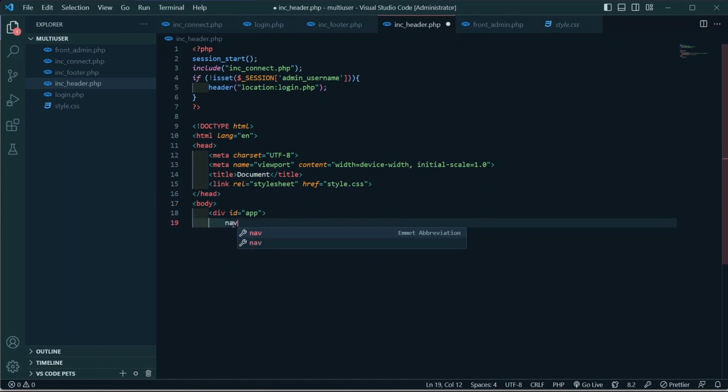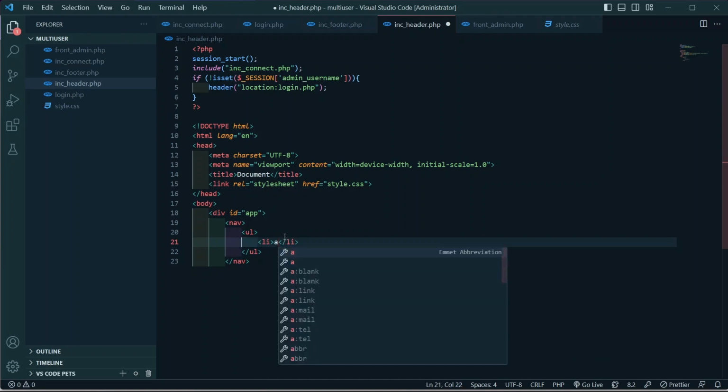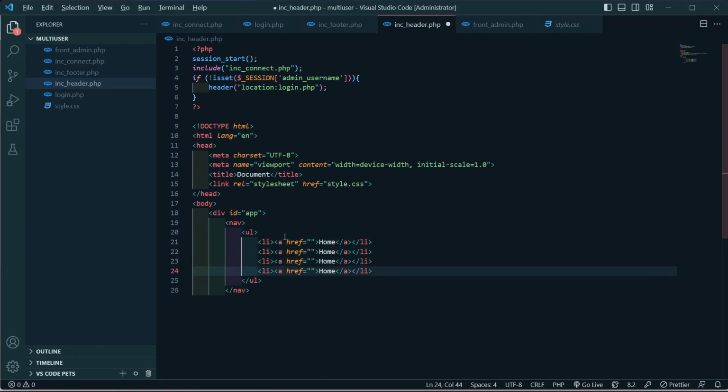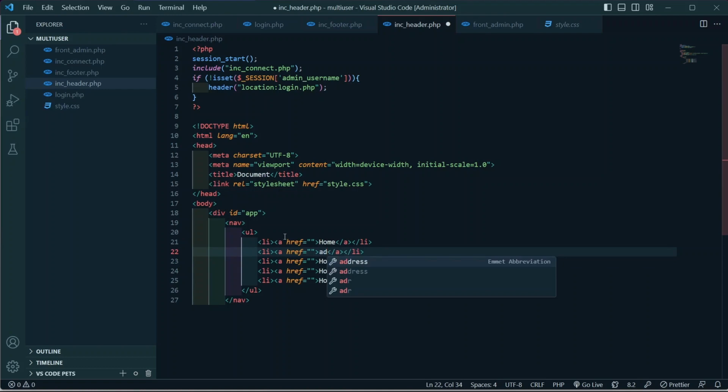So just type in nav, and inside nav you're gonna need ul, and then inside ul you're gonna need also li, and here type in a href. First we're gonna name it home, and then copy and paste it for about 5 times, and change it to